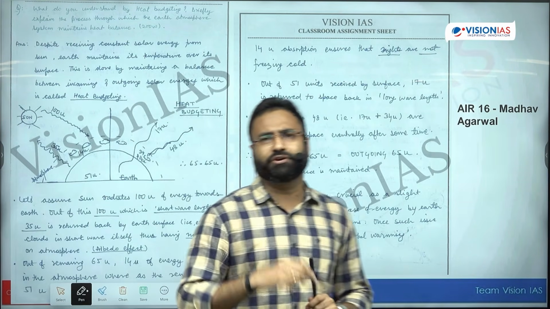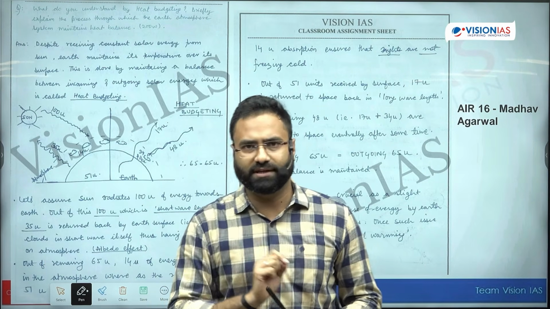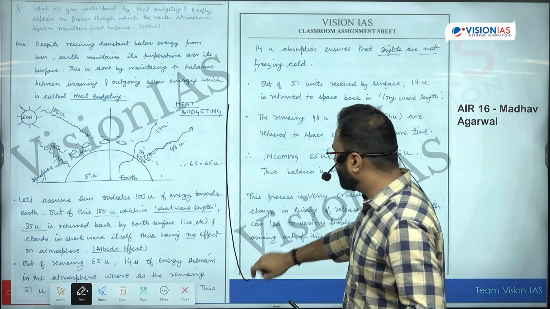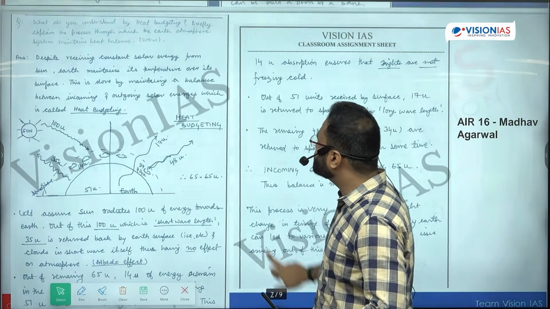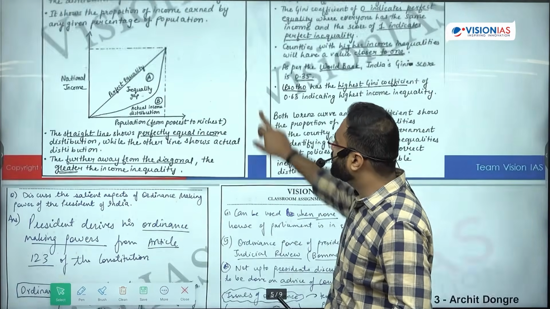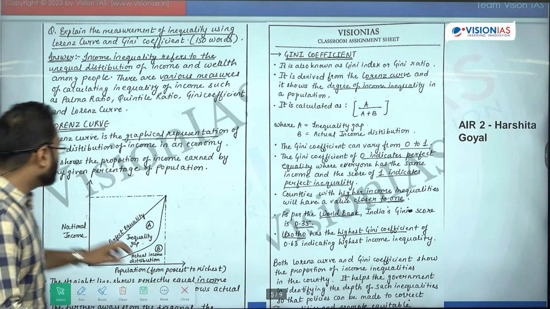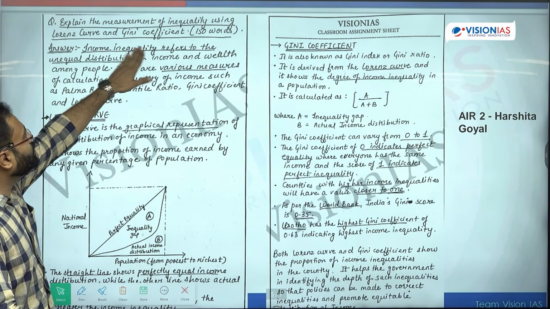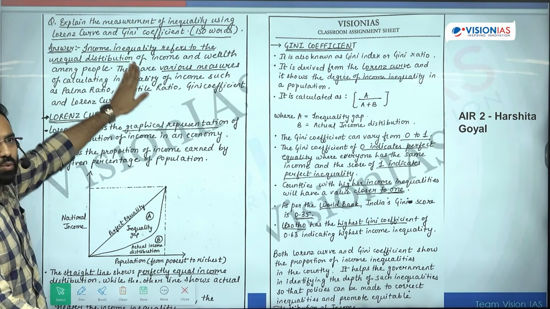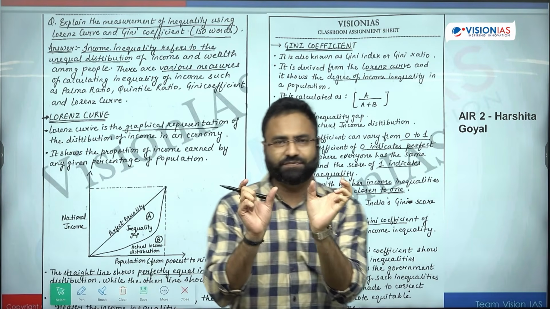Now the second important pointer that we have to talk about is the structuring or the organization of the answer. Refer again to all the three answers and look at the structure of the answer. For example, the first question that was written by Harshita. Now what was the demand of the question? The question's demand was to highlight inequality and to give the measurement of inequality by the Lorentz curve and the Gini coefficient. Two specific things are asked.